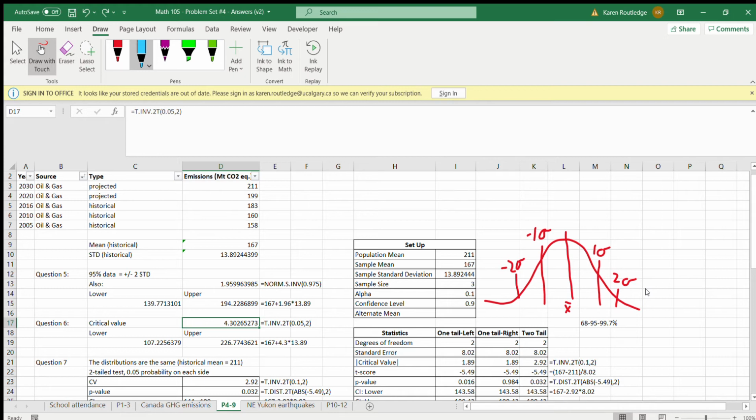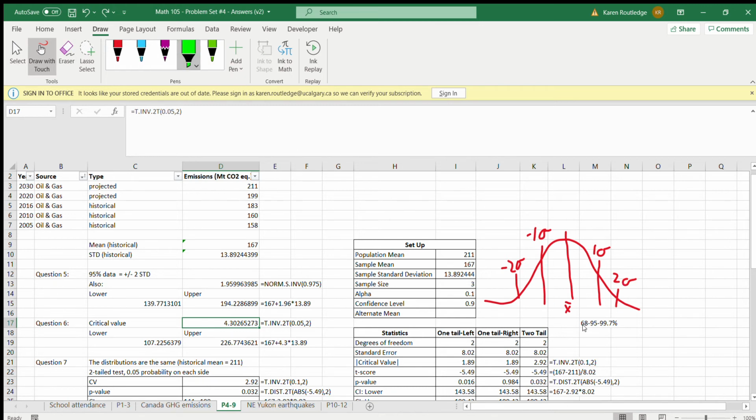The t-distribution changes its shape depending how many samples you have. That's why we have to be concerned with the degrees of freedom, the number of samples. But the way we deal with these kind of questions are pretty much the same. Ultimately, we just use a different Excel function. So if we remember from the previous video in question number 5, here we have our normal distribution, and we